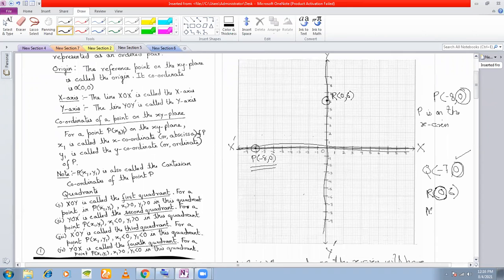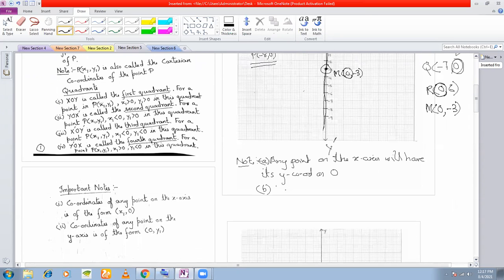Suppose I want you to locate the point M, 0, minus 3. Where is the point? M is the point here. All of you agree? Yes, sir. Again, you see M is on which line? M is on the y-axis, right? And you see that the x coordinate is 0. So whatever point that you take on the y-axis, all of them will have x coordinate 0. If I take N on this line, this coordinate will be 0, 4. If I take a point A on this line, again you will have 0, 2. So whatever point that you are going to take on the y-axis, all of them will have their x coordinate